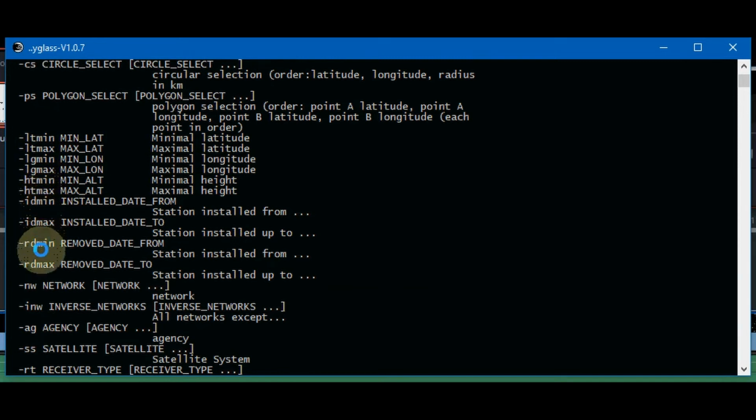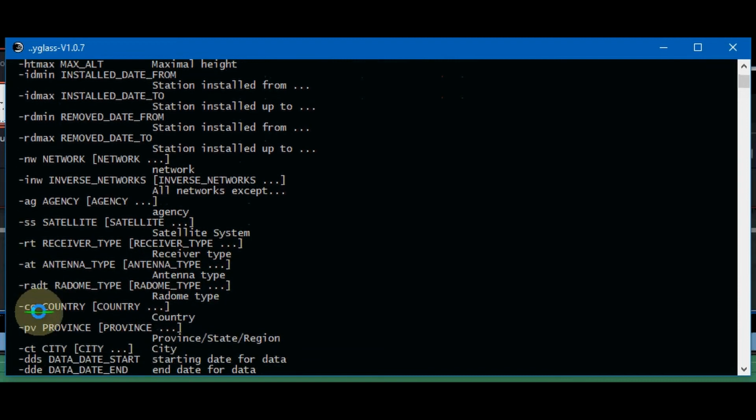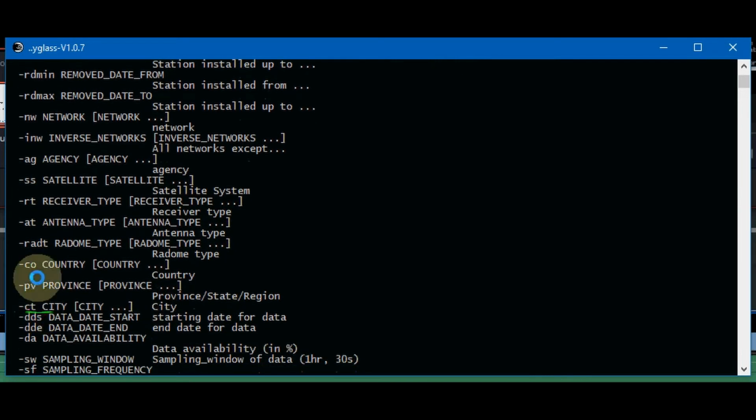And the next 4 define the installation and removal date of the stations. NW allows for selecting network, and INW to remove network from the selections. Some more parameters for the station metadata are here. I will skip them.